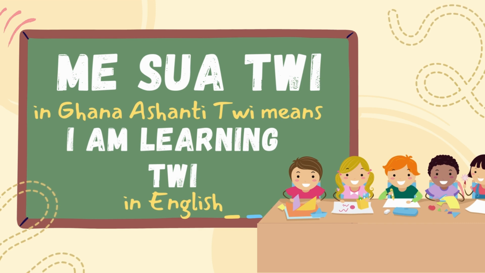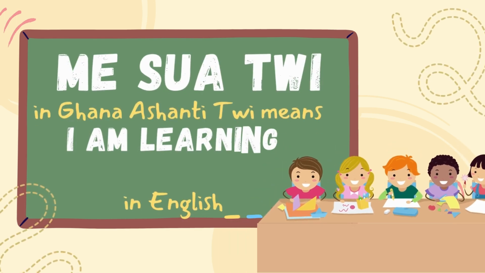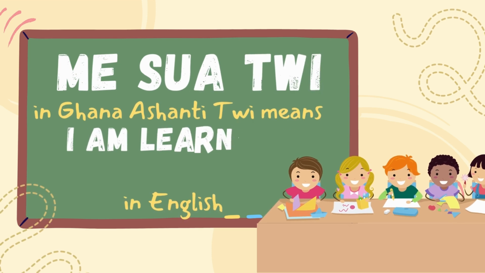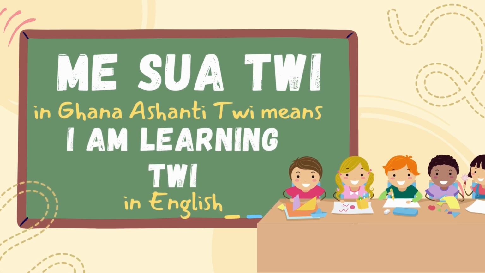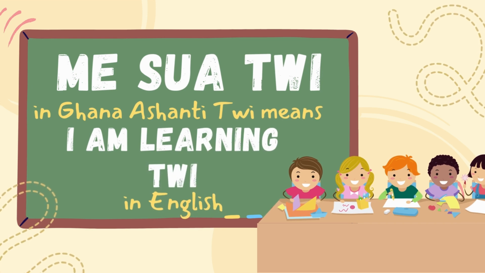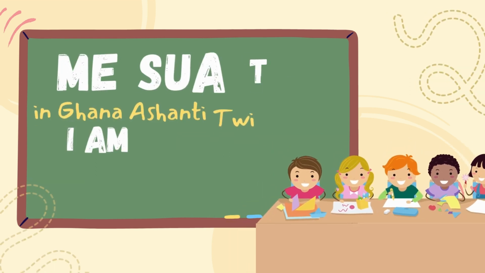So now repeat after me. The American is about to pronounce it. Sua Twi. Say it. Sua Twi. You see how she said Sua Twi? All right, let's try it again. Sua Twi. All right, that sounds better. Try one more time. Sua Twi. All right, you see that she's struggling with the word Sua because we don't have it